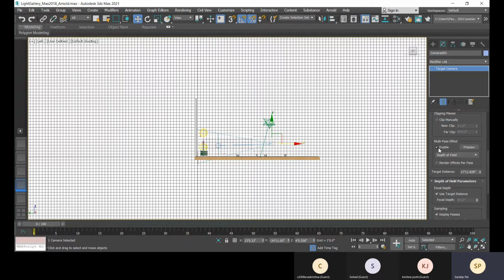So if you enable this, the targeted object or the nearest object from the camera will be in clear view. You'll have the clear view, and the far objects from the camera will be shown as blur. Okay,